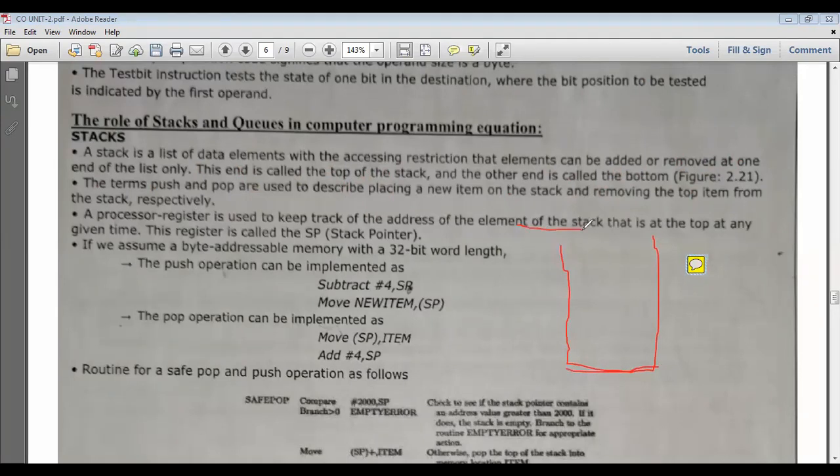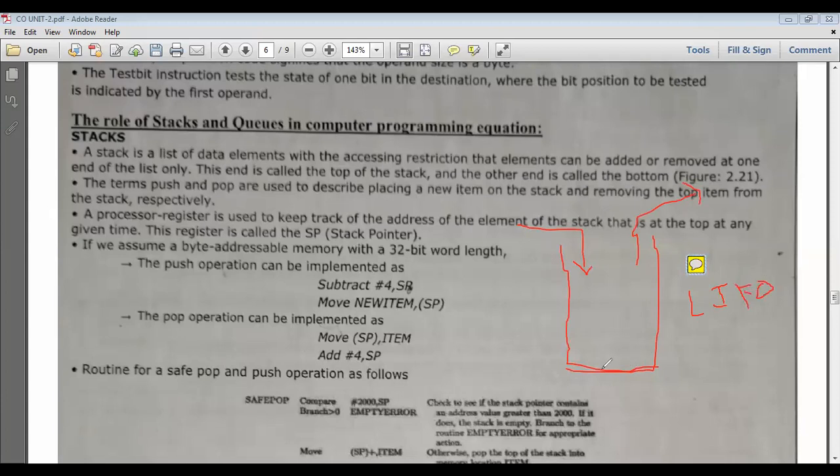Whenever we push the elements or pop the elements, it is only from one end. That's why in this stack, the operation followed is last in, first out, LIFO.